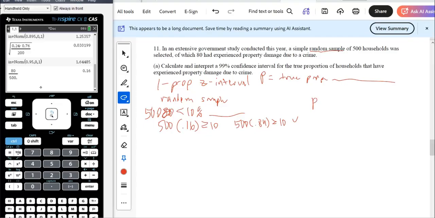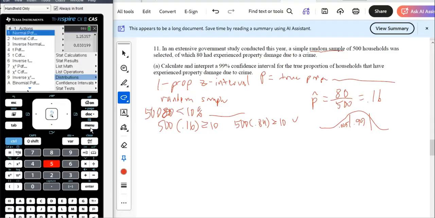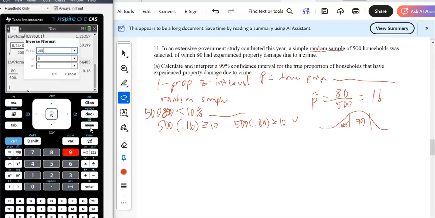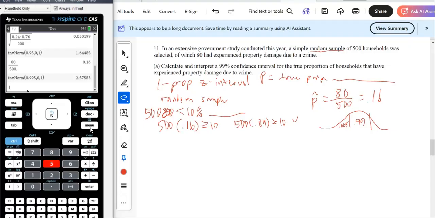P hat, we just did in the calculator, it is 80 over 500. It's just a good idea to show it here, is 0.16. And so we want to do the interval here. We've got to figure out the critical value. Let's just figure it out real quick. So this is 0.99. So that's 0.005, I think, right? So if I go inverse norm here, menu 653, so 0.995, there's only 0.05% off to the right there. So we know that this z-score right here is our z-critical value. It is 2.58,